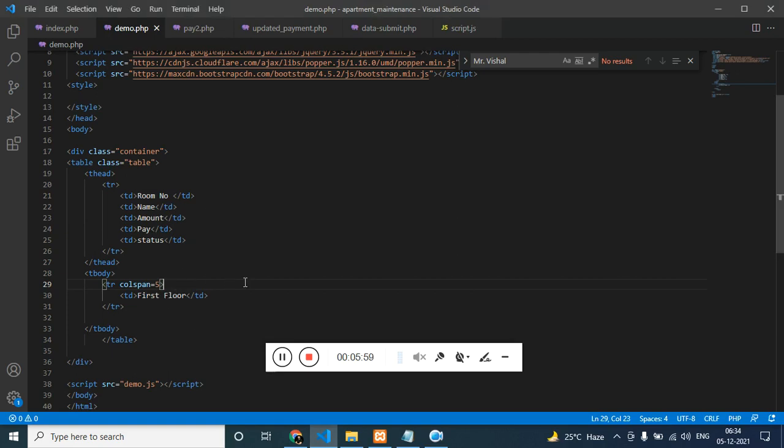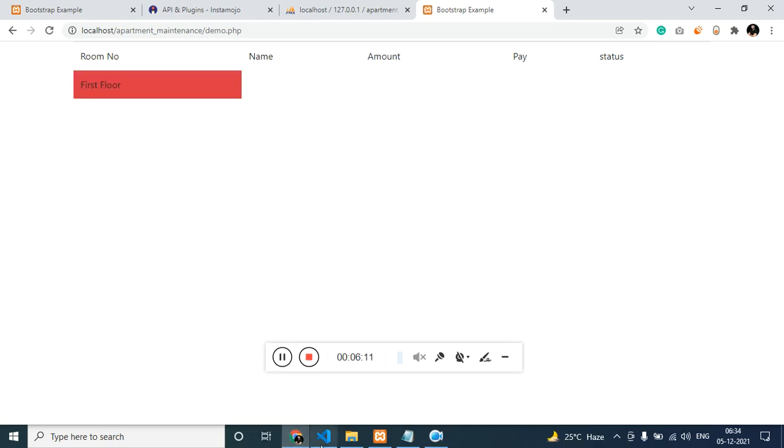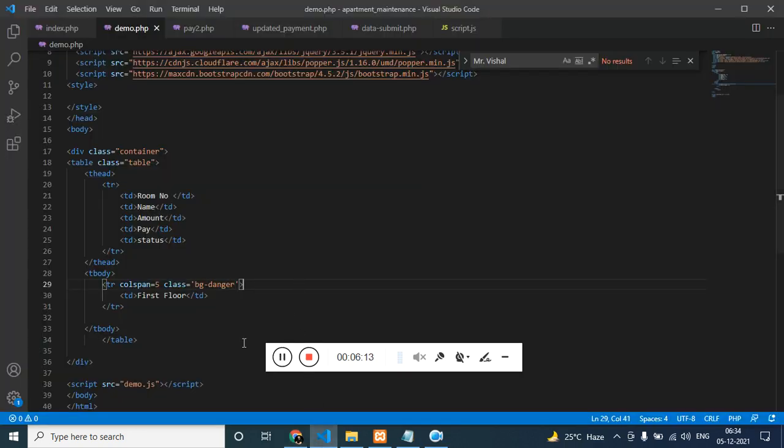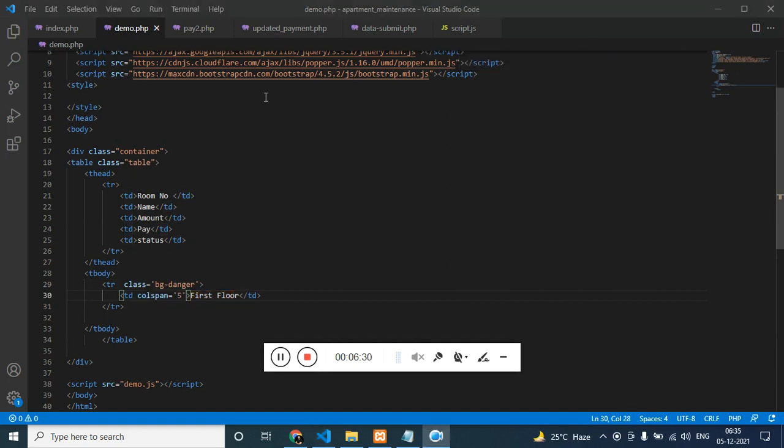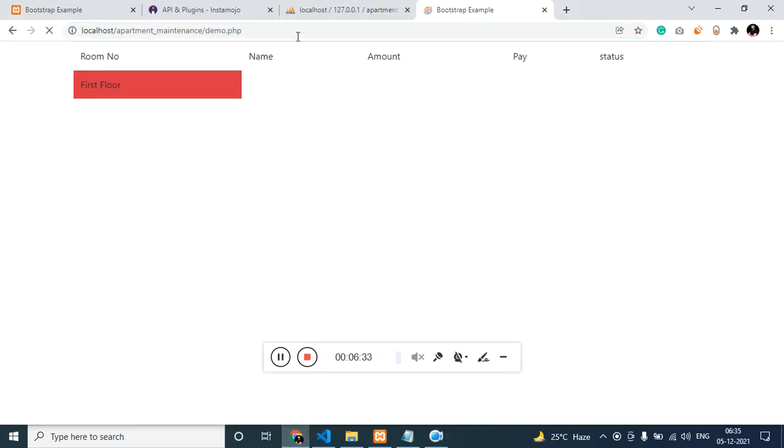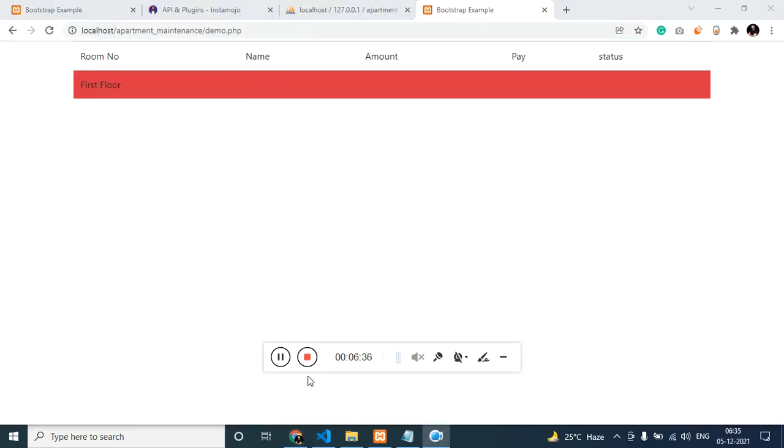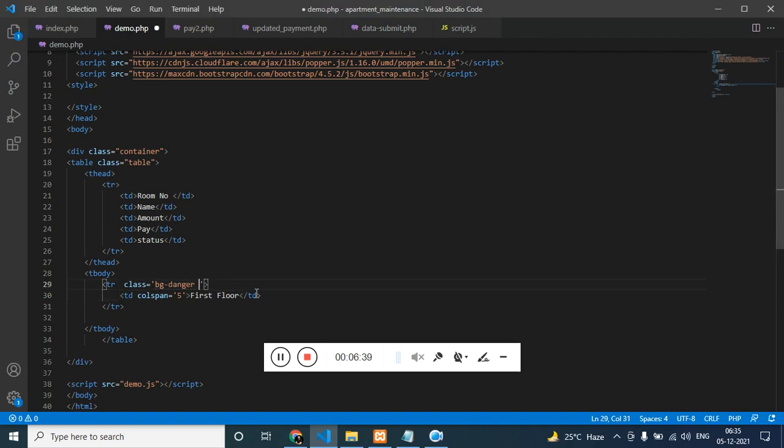We can give background color, class equal to bg-danger. The only problem that we made is the colspan will come on the table data, not on the table row. Cool. Now let's check. Got it. We can also write text-white,